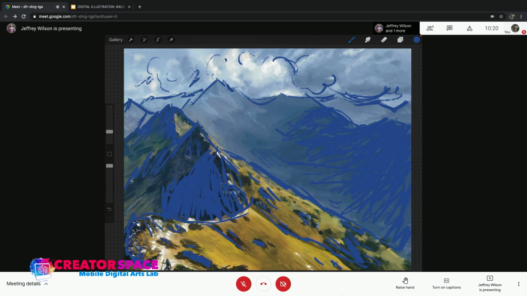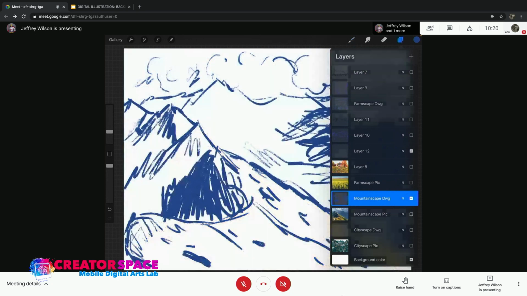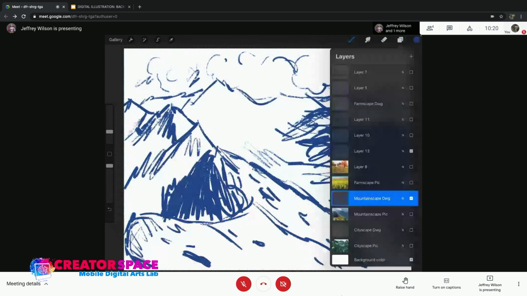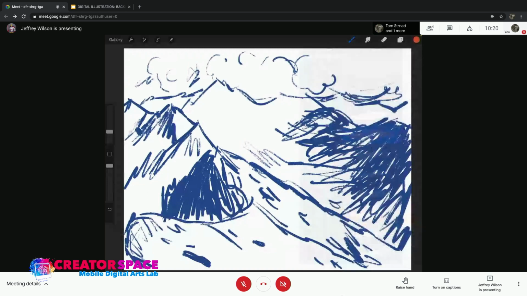So here, let's have a look and see how our background went. So yeah, you can see we've got a nice background here, the basis of one, and the clouds here, and let's create a layer here for some acting. And I'm just going to change the color to red. I'm just kind of on the spur of the moment changing things. So this could be a character kind of looking back at, we're going to have a nice 3/4 view of the character looking at the